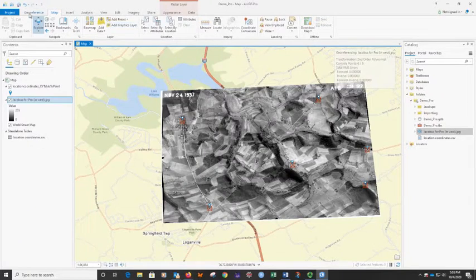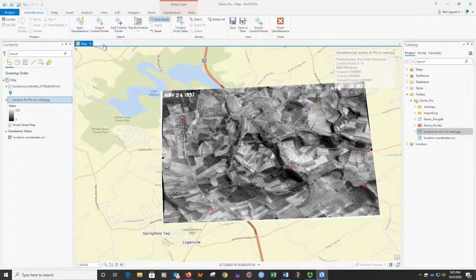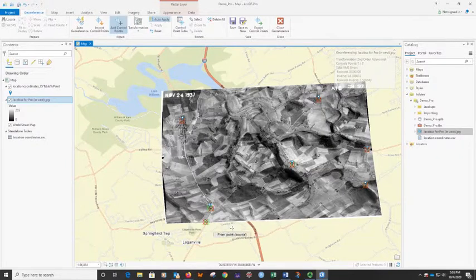So back to the Georeference ribbon. I'm going to click on Georeference. Once again, I'm going to add a control point. I'm going to click here at the end of the image, at the end of that road, and I'm going to click just a little bit to the right of it on the current road. And then